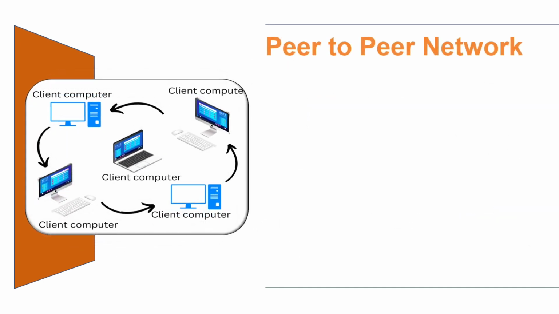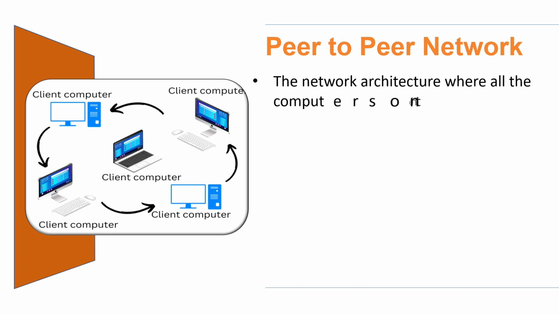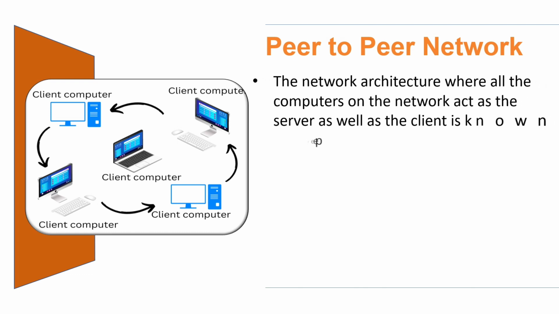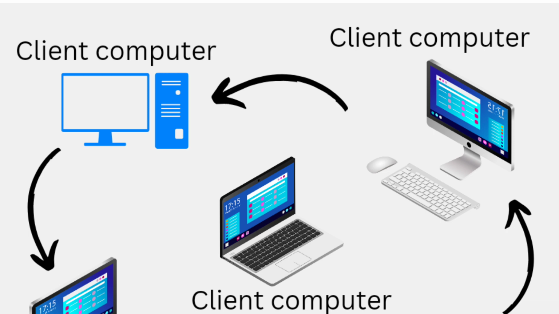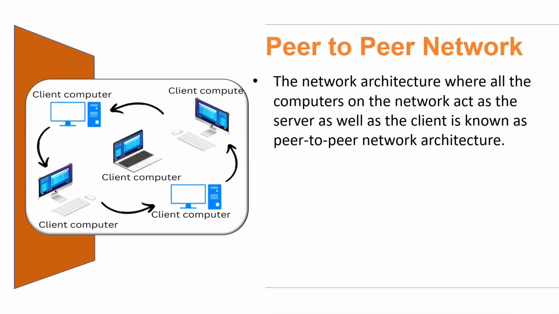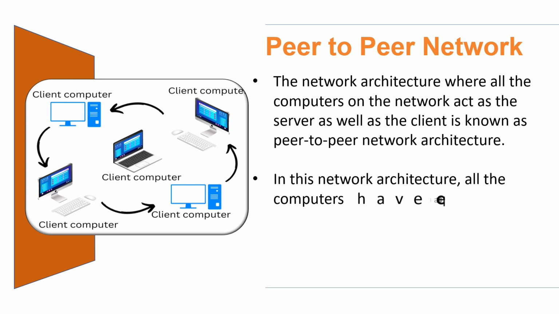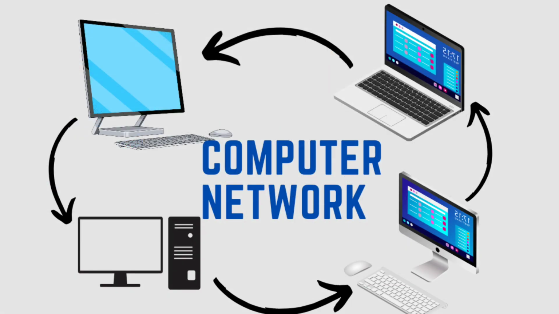peer-to-peer network architecture. The network architecture where all the computers on the network act as the server as well as the client, that is known as peer-to-peer network architecture. So the network model where all the computers have equal rights or where all the computers act as the server as well as the client, such type of network architecture is known as peer-to-peer network architecture. In this network architecture, all the computers have equal rights and they can be used as a server as well